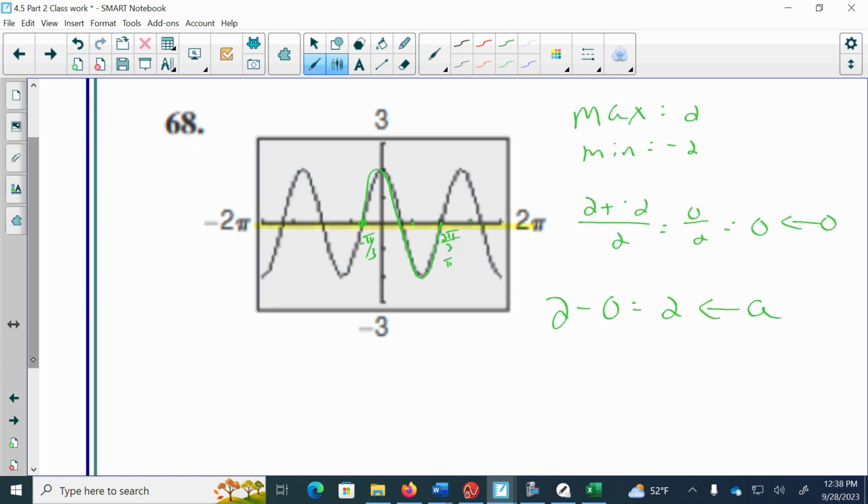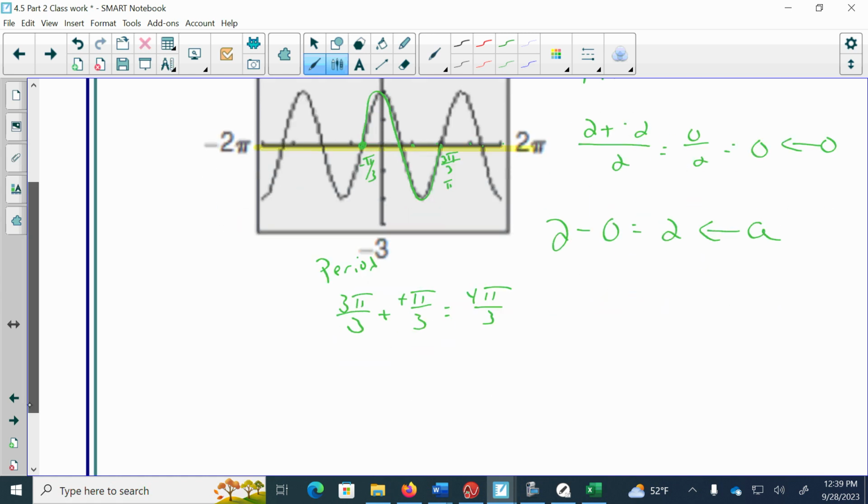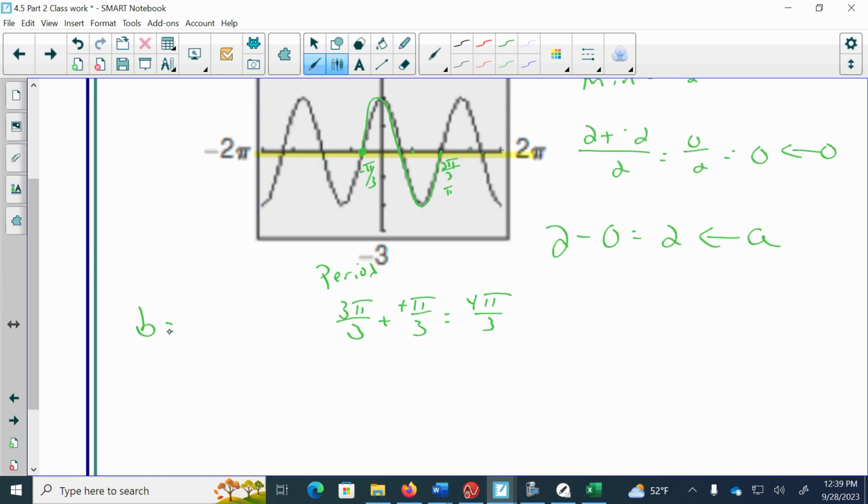So I'm going to take my start, well, let's just leave it as 3 pi over 3, minus my end, which is a negative pi over 3. And I'm going to get a period of 4 pi over 3. To find my b, I'm going to say b is equal to 2 pi divided by my period, which is 4 pi over 3. So this 2 pi I'm going to think of as over 1. I'm going to switch the division to multiplication, flip this 3 over 4 pi. The pi's will simplify, and the 2 and the 4 will simplify,